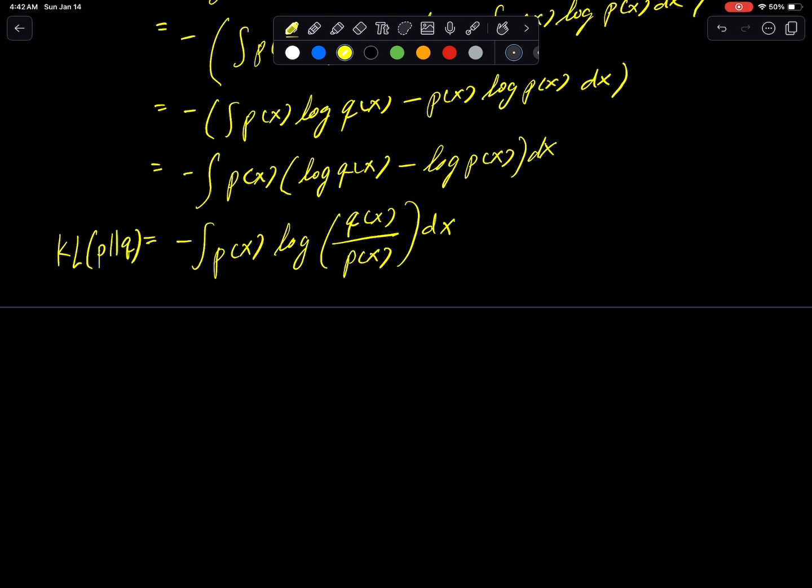Now it follows that the only way the KL divergence will be equal to 0 is if p of x is equal to q of x. KL divergence is not symmetric, in the sense that the KL of p, q is not equal to KL of q